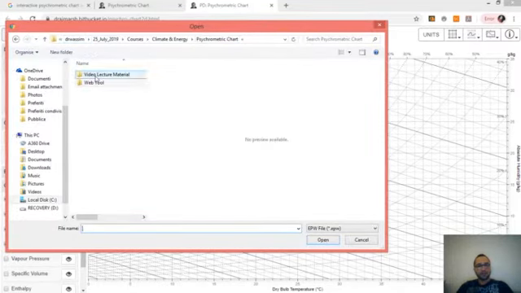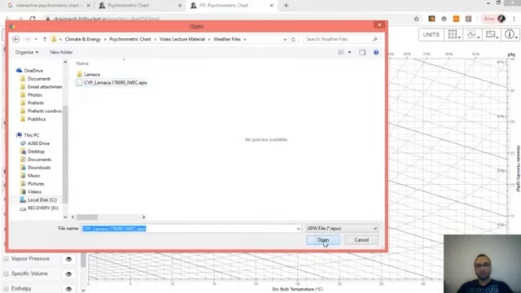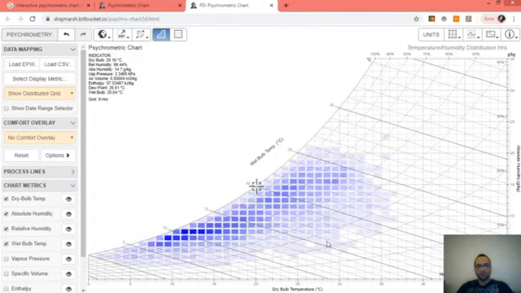You have to go to the folder where the file was saved. So this is the file that has been recently downloaded. Open. Okay, the weather file, the climate data has been imported into the psychrometric chart,